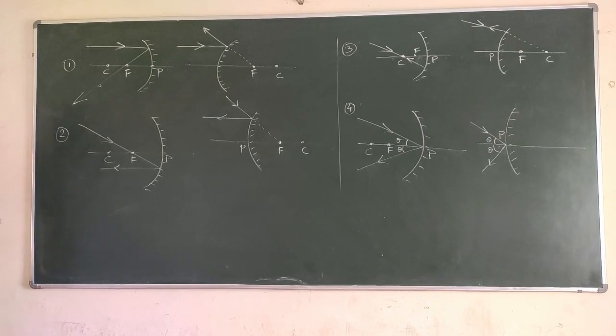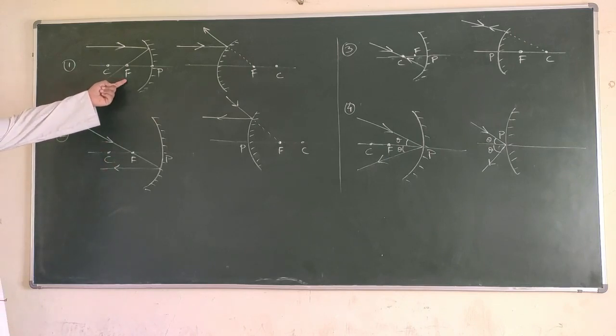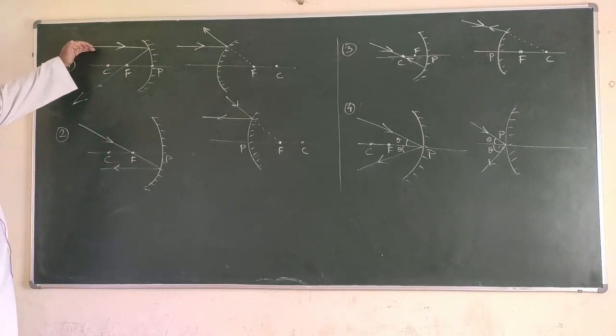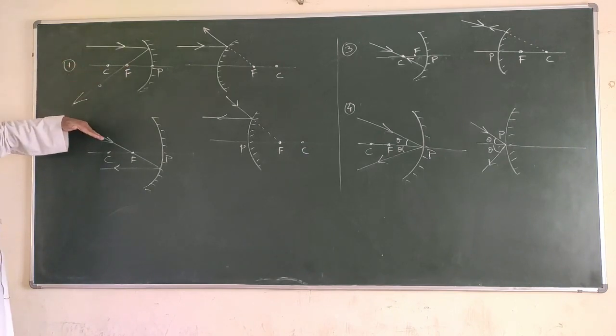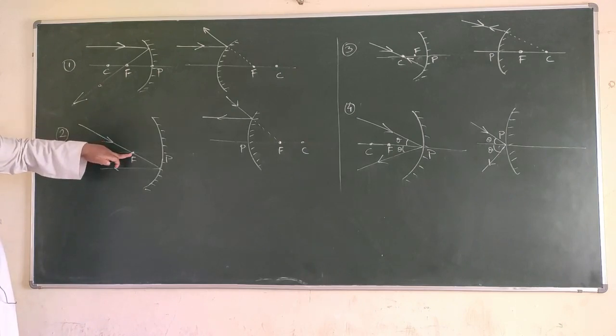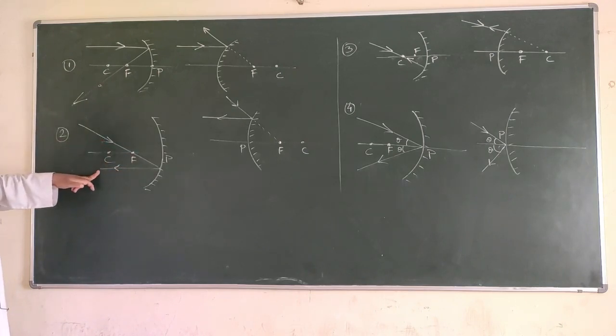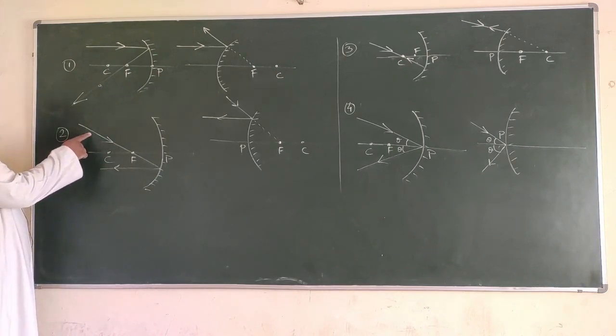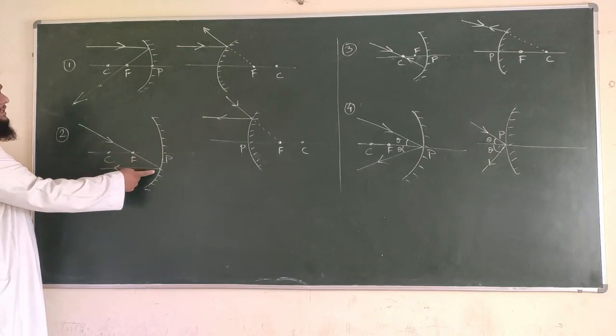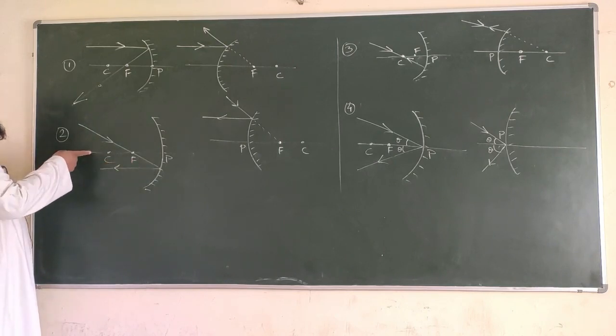Coming to the next, the second rule. Whenever the incident ray passes through the principal focus, the reflected ray has to be parallel. This is just the converse of the first one. यहाँ पर incident ray parallel था, reflected ray would pass through the focus. अब इसको उल्टा करो, incident ray is passing through the principal focus, then after reflection, reflected ray will be parallel to the principal axis. So this statement is, when the incident ray passes through the principal focus, the reflected ray travels parallel to the principal axis.